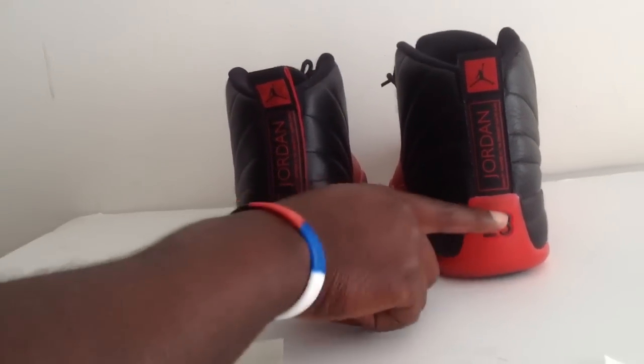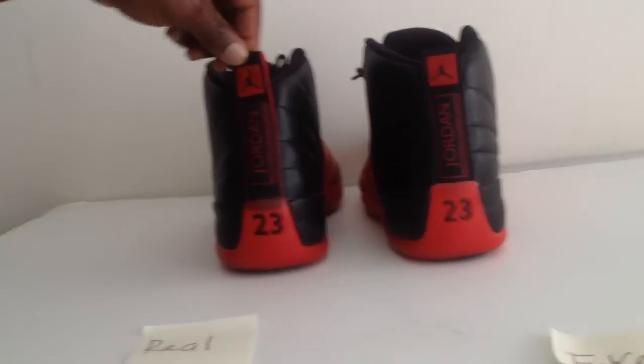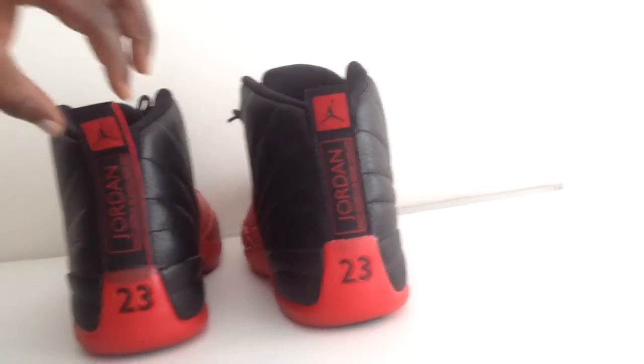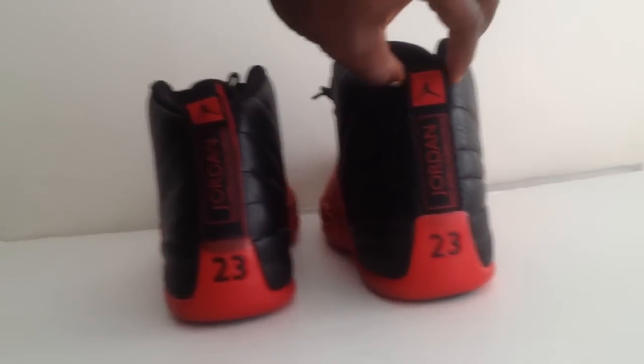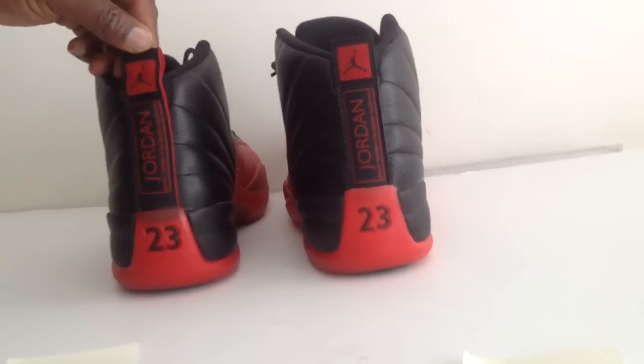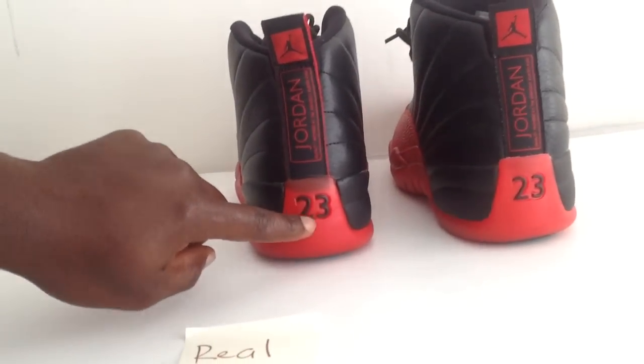It's almost like an inch. And here, this gap is smaller. Smaller gap here. And this is a little longer. And if you look, you can see the red more here on the edges. You don't really see that here. Jumpman is quite the same. 23 here is bigger. You can see the 2 and the 3 are bigger than this 2 and this 3